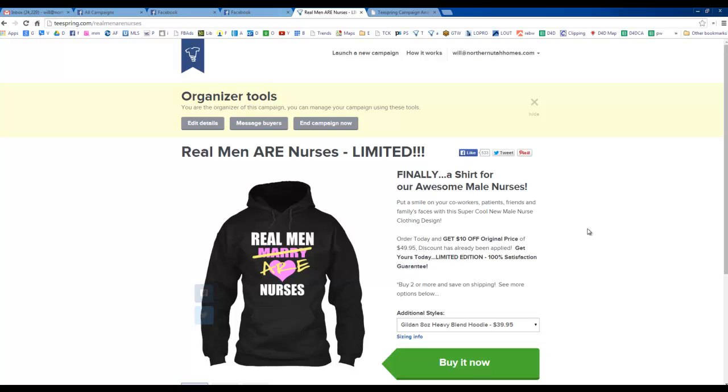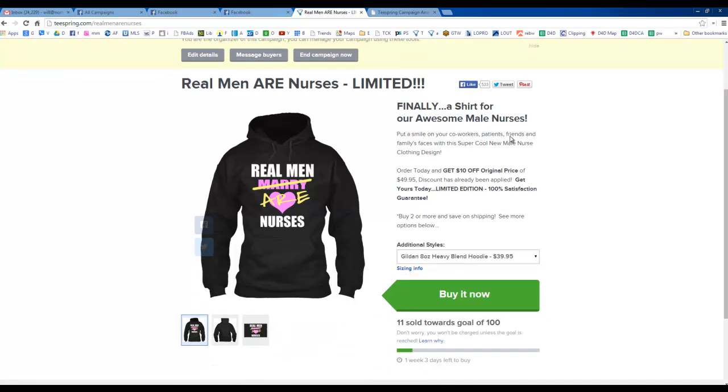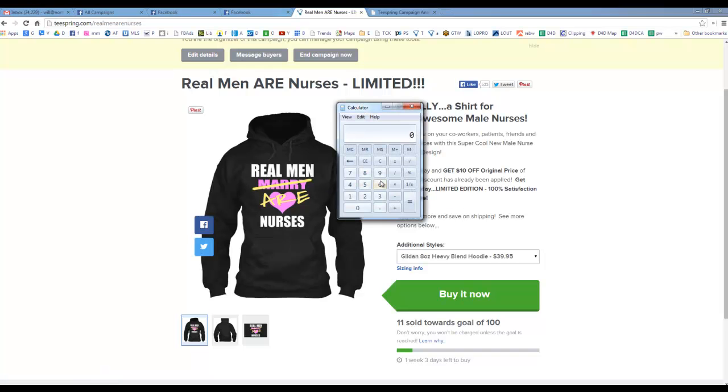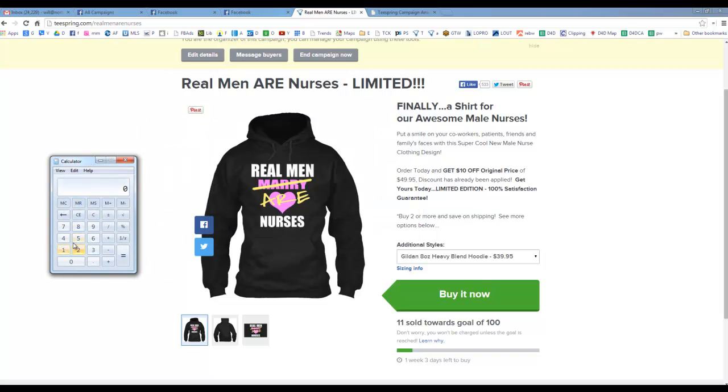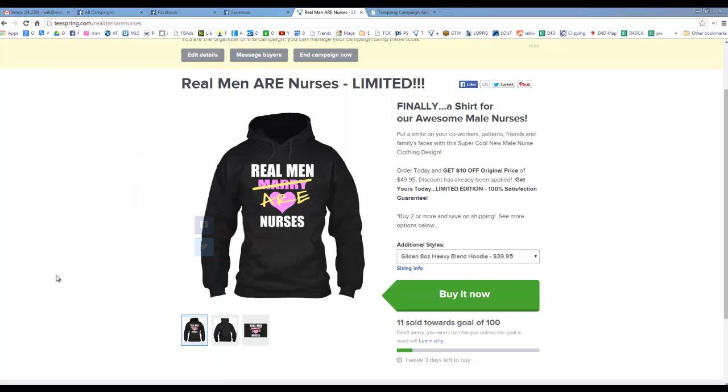Looks like we've got 533 likes here, which, remember I was saying usually it's around 30, but again, that 30 number is more for t-shirts priced around 20 bucks. If we divide 533 by 11 shirts sold, it's about 48 likes per sale, which maybe that's average for hoodies, I don't know. All right, so checking out.